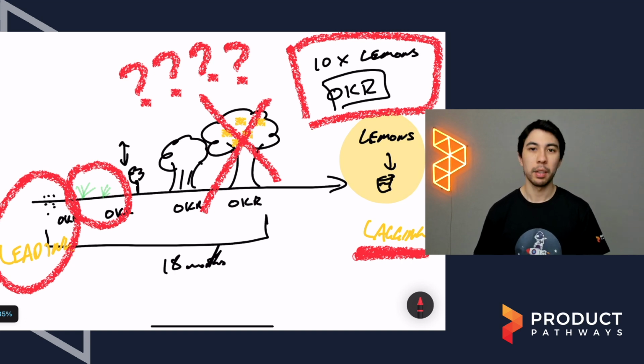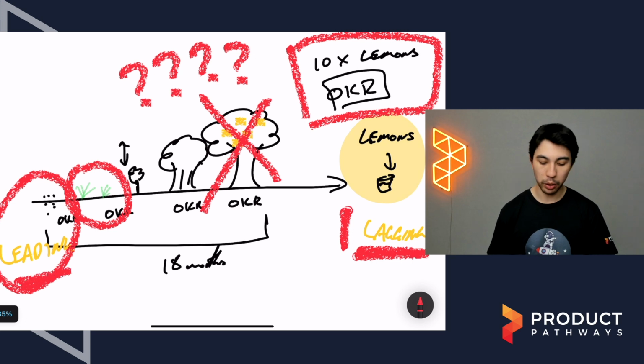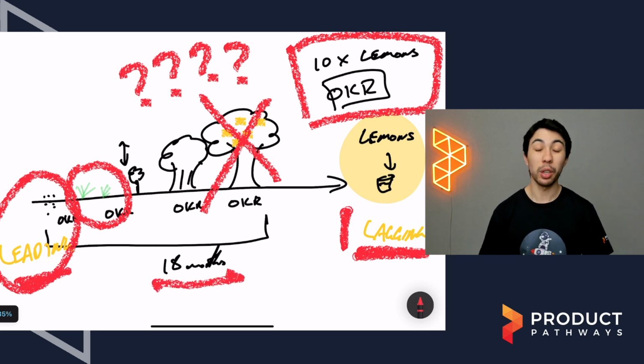Maybe we could do something else. We could go buy some lemons, right? We could partner with a lemon farmer to be able to get a good deal on the lemons that we need to have on a regular basis. But again, without that lagging indicator, we miss that. And then equally, without the leading indicator, we could wait 18 months and have no lemon tree and no lemons. And that's a long time to find out that the stuff that you're working on is not working.